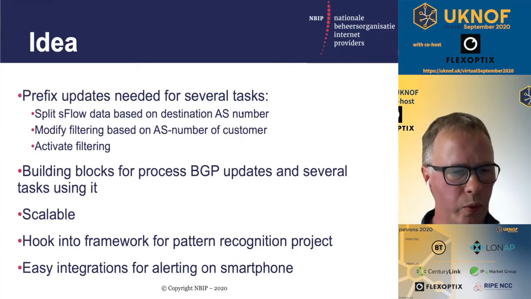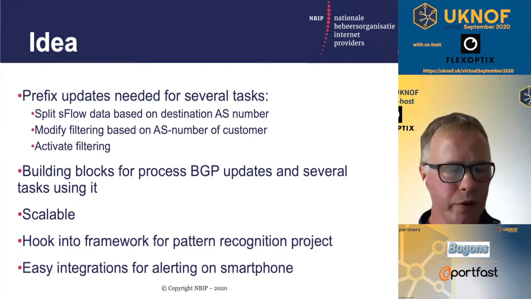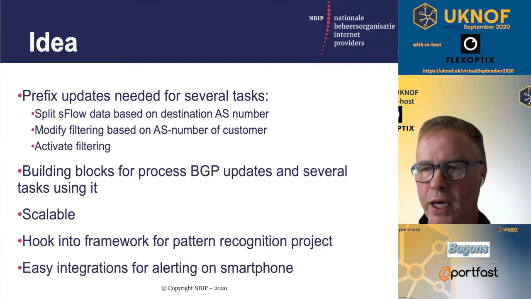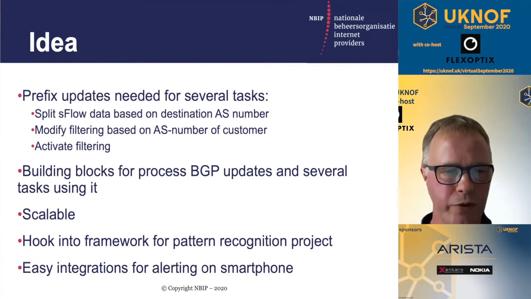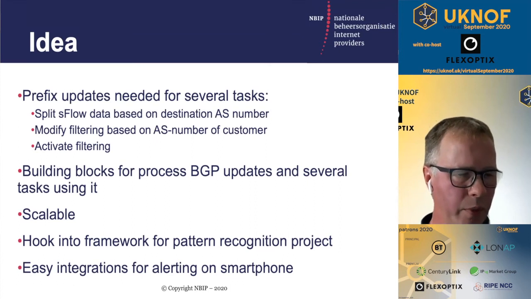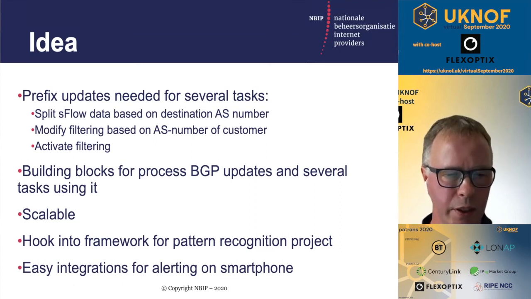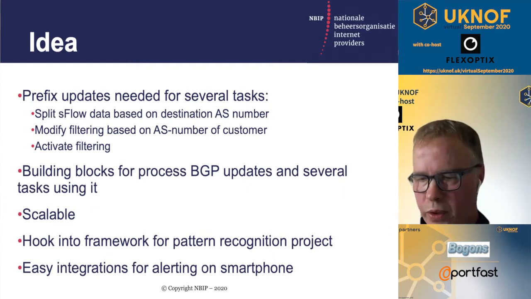And well, in our environment, AS numbers are very important. That's where customers are connecting to, and having prefixes with the BGP is a thing where we live for. So prefixes are advertised and withdrawn in our network, and we have to deal with them to see if there are DDoS attacks and mitigate it. So we also have to report to our customers what we are doing with their traffic. So we need information about what's going on.